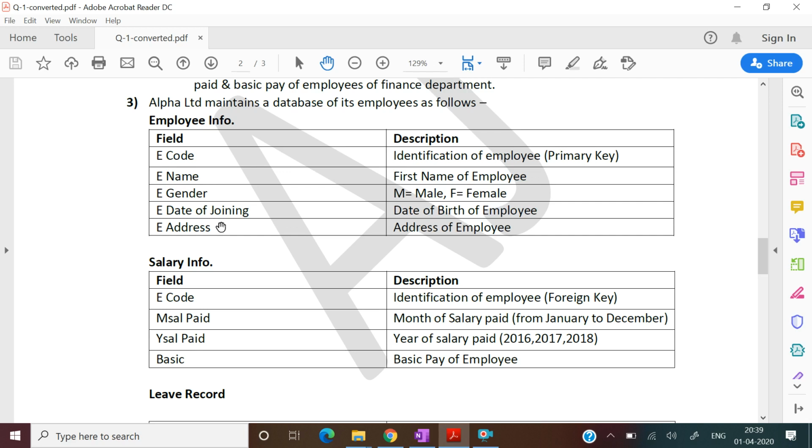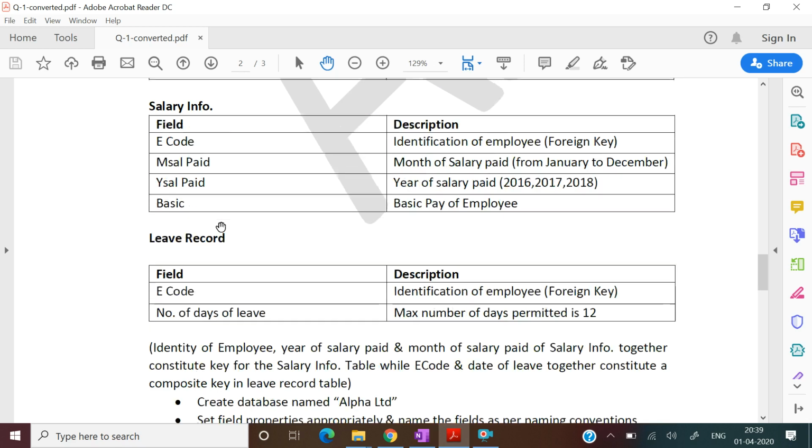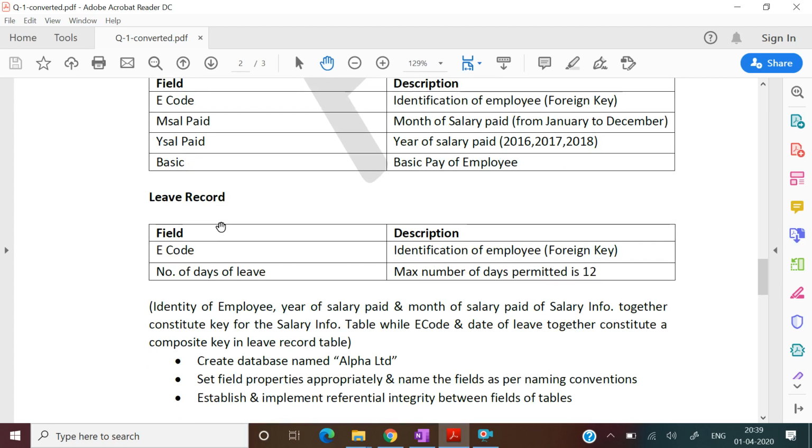Then the second table is for salary information. Fields are e-code, monthly salary paid, yearly salary paid and basic. There is a third table also, that is leave record. The first field is for employee code and the second is for number of days leave, and the maximum number of days permitted is 12.